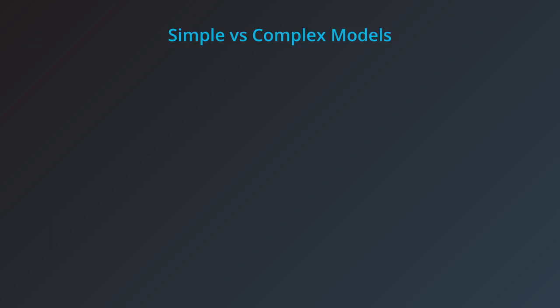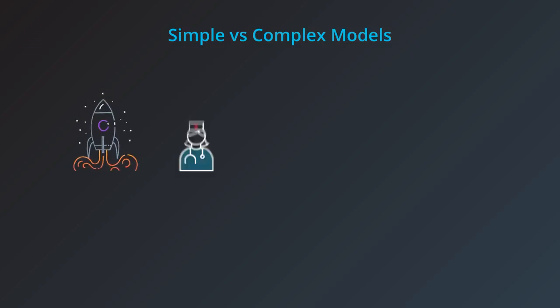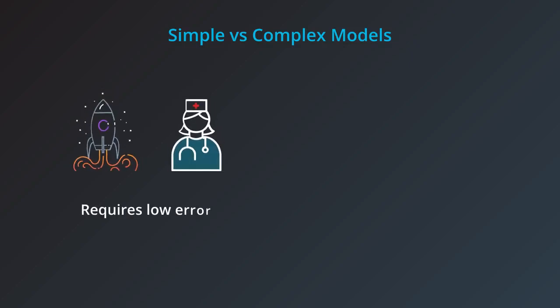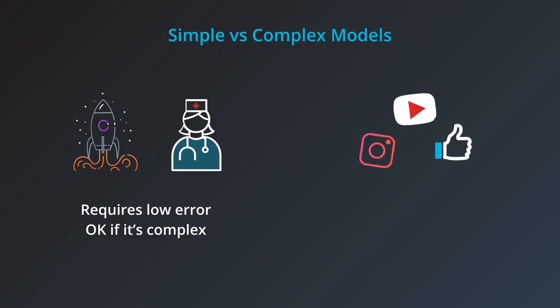But now the question is, what if we punish the complicated model too little? Or what if we punish it too much? Maybe some models, like a model to send a rocket to the moon or a medical model, have very little room for error, and we're okay with some complexity. Or maybe other models, like a video recommendation model or a model recommending potential friends on a social network, have more room for experimenting and need to be simpler and faster to run on big data, so we're okay with having some errors. So it seems that for every case, we have to tune how much we want to punish